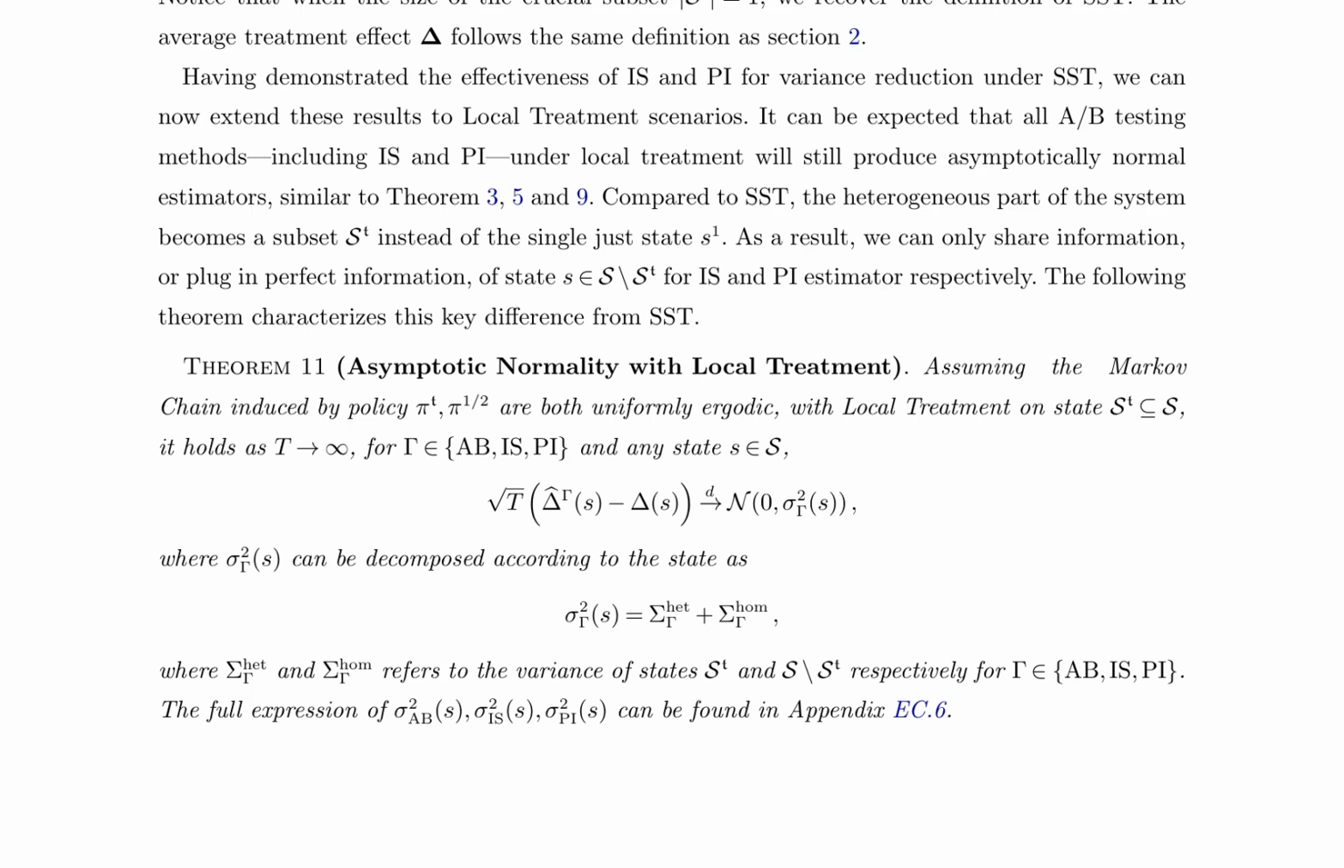The discussion then shifts to local treatment, where the treatment action is applied to a specific segment of the state space. This allows for a more flexible modeling of interventions in complex MDPs. The authors extend the results to local treatment scenarios, showing that all A/B testing methods, including IS and pi, will produce asymptotically normal estimators. The theorem characterizing this key difference from SST highlights the importance of state decomposition in variance